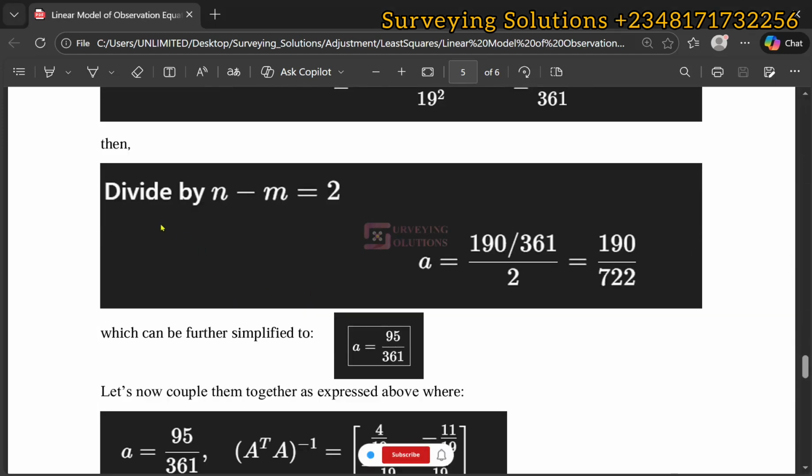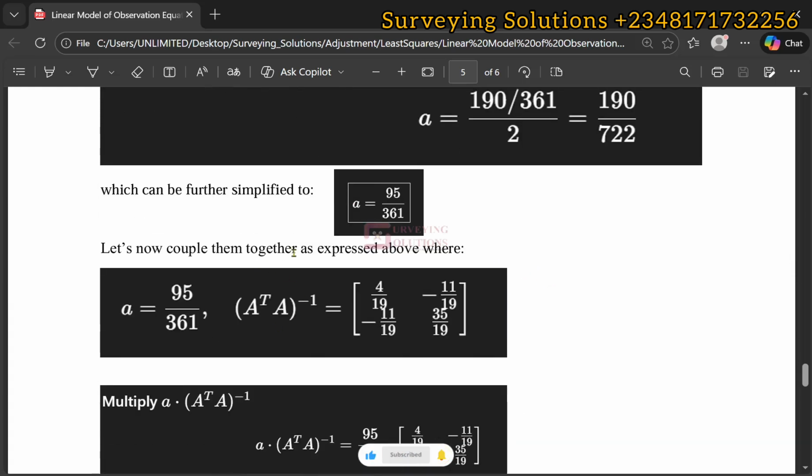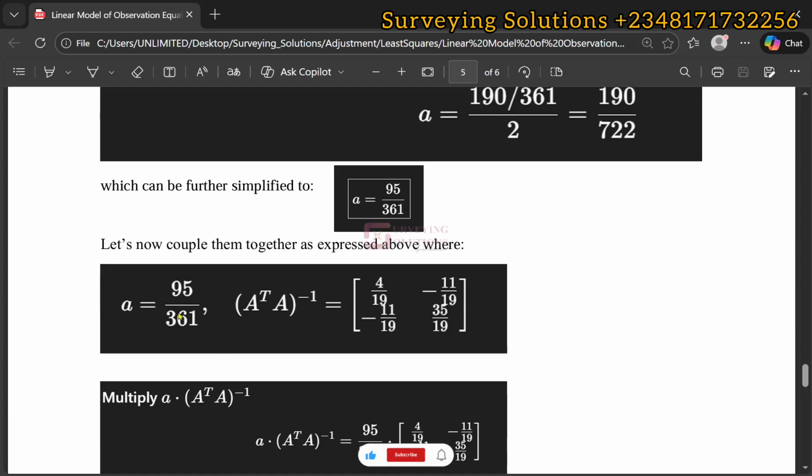Now we are going to divide by n minus m, which is 2. So when we do that, we have 190 over 722, which is simply 95 over 361. And then this can also still be simplified to have what? A fractional result, a decimal result, right? Good. Now let's couple them together as expressed above, where A, which is the apostrophe variance, is this, and then A transpose A, which we have gotten, is this, right? Good. So when we do the multiplication, we now have